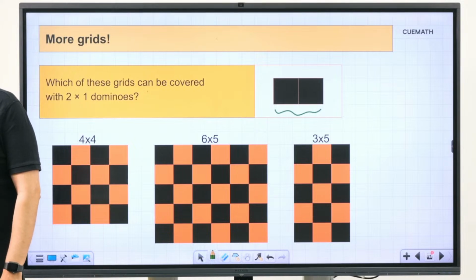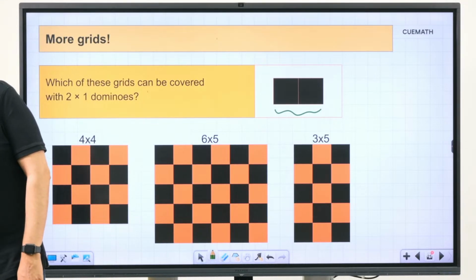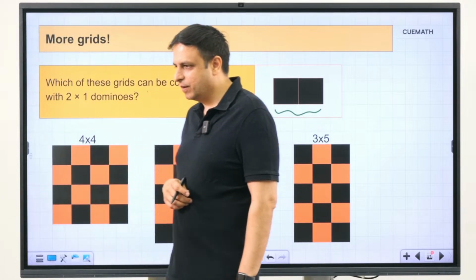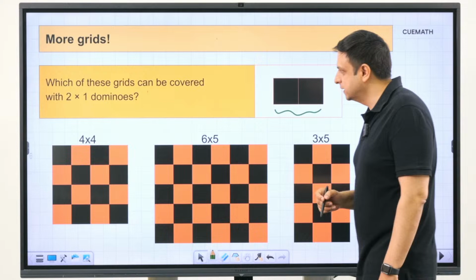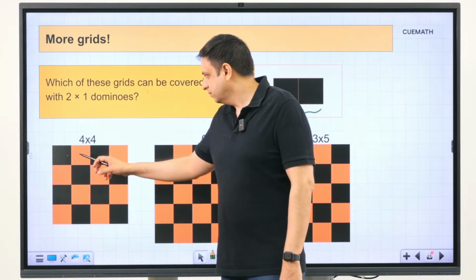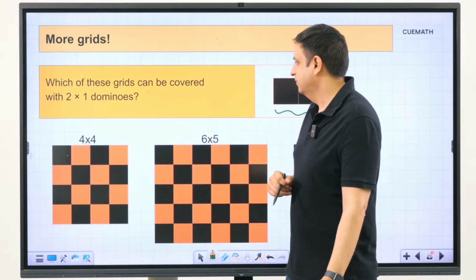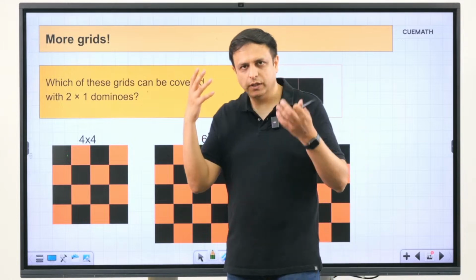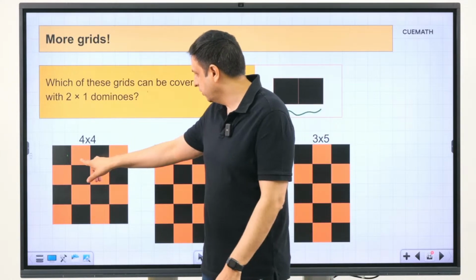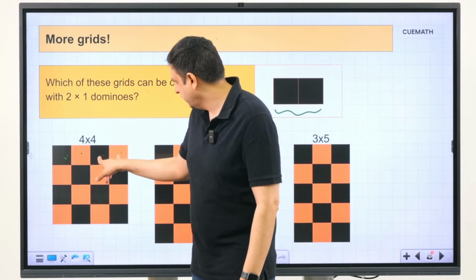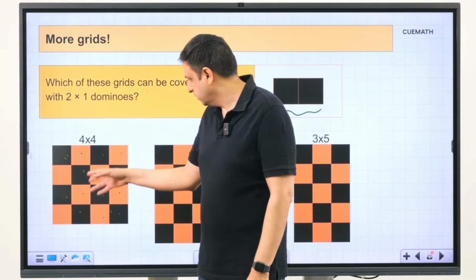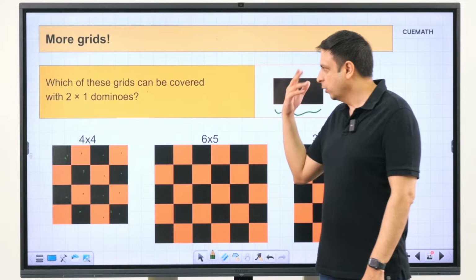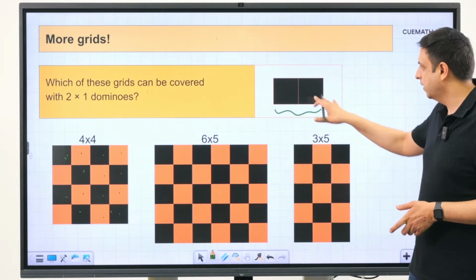Lippy Singh says 4 cross 4 and 6 cross 5. And so do several more of you, 1 and 2. So, that is correct. So, the 4 cross 4 grid has 16 squares, and therefore, covering this with 2 cross 1 should be possible. And if you actually visualize this in your mind, it is actually fairly straightforward to do this. You place a domino here, then one here, one here, one here, one here, one here, one here, and then one here. So, you can actually quickly visualize how the 4 cross 4 grid can be covered with this.